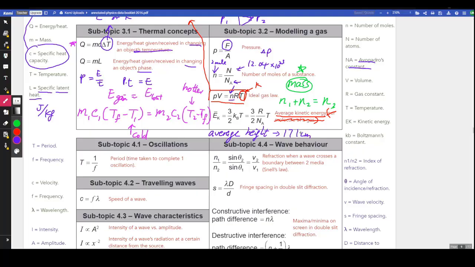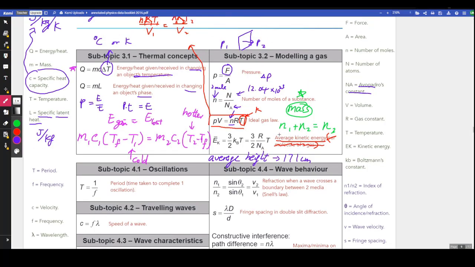And obviously, if you want to find the total, you need to multiply the number, because that's how you calculate average. Let's say there are 10 students, you add from 1, 2, 3, 4, 5 to 10 together, divide by 10. So if you want to find the total height, I mean, it's not really meaningful, but if you want to find it, you have to multiply by 10. And so here, if you want to find total kinetic energy, and sometimes it may really ask you,